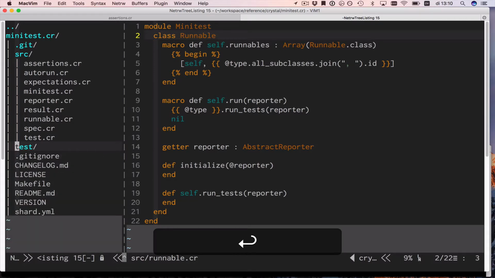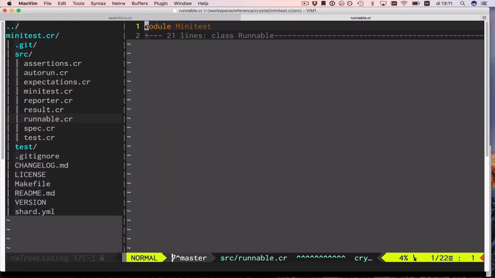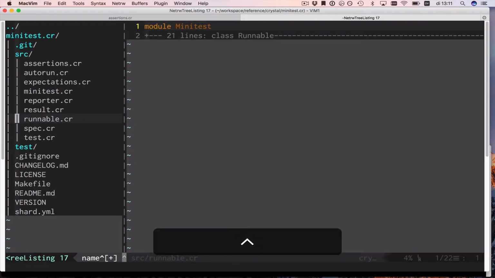If it's a folder, it'll toggle it open or closed. Or you can even use your mouse to do the same thing. If it's a file, it'll open it and move your cursor into it. To close it, you just put your cursor back into the tree view. Either click or type Ctrl+WW, which is Vim's way for moving between different splits, and enter the standard :Q to